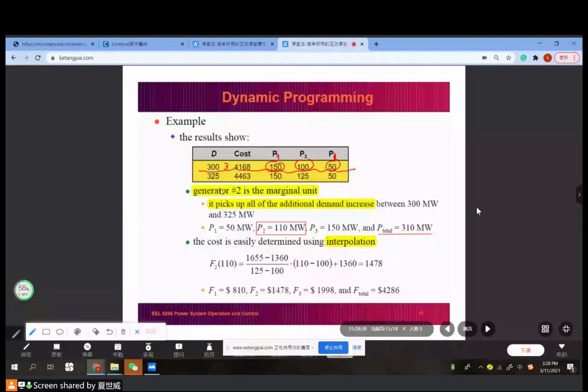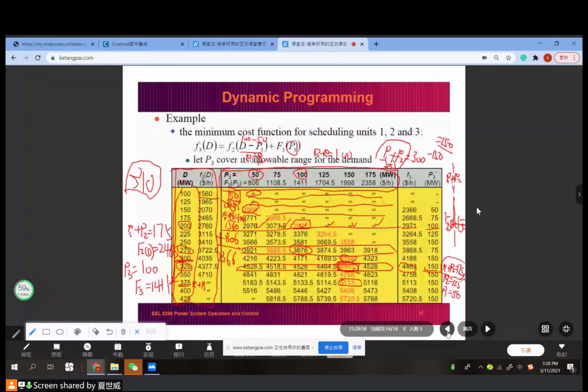So similarly for 325, because our total load is 310, it's between these numbers. So we should find the nearest two numbers to do some interpolation or extrapolation for this number. Okay. So for 325, for this row,